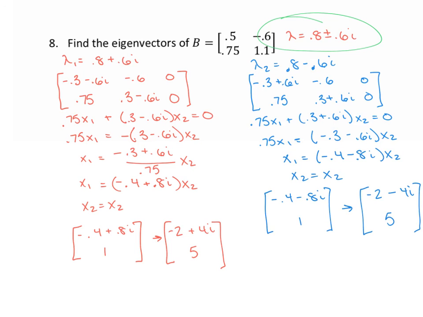If we have negative 2 plus 4i, we're also going to have negative 2 minus 4i as an eigenvector. So the eigenvalues and the eigenvectors occur in conjugate pairs, which is kind of nice. That means if you find one, you essentially have the other one. So the next problem, problem 10,